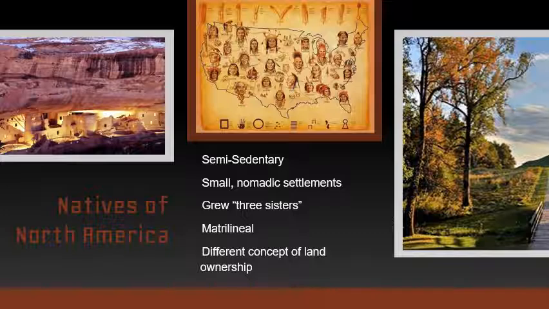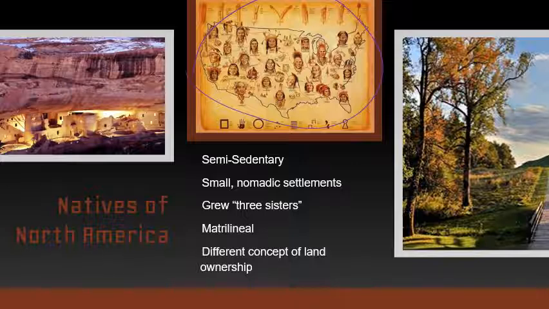They didn't have a system of writing, but they also didn't need it. Now, the natives of North America are vast and varied. You can see from this map in the middle right here, you have tons and tons of different tribes, different kinds of natives. And these are just the super huge major tribes on this map. This isn't anything close to all of the tribes that lived here. They were all different, and I think that's something that's really important for us to understand.